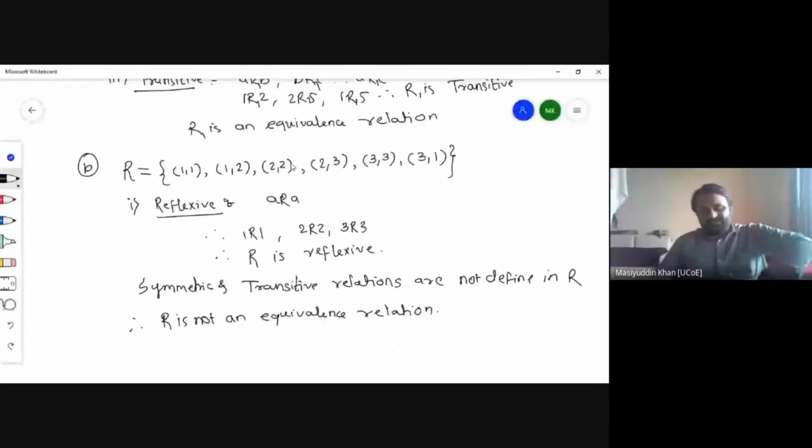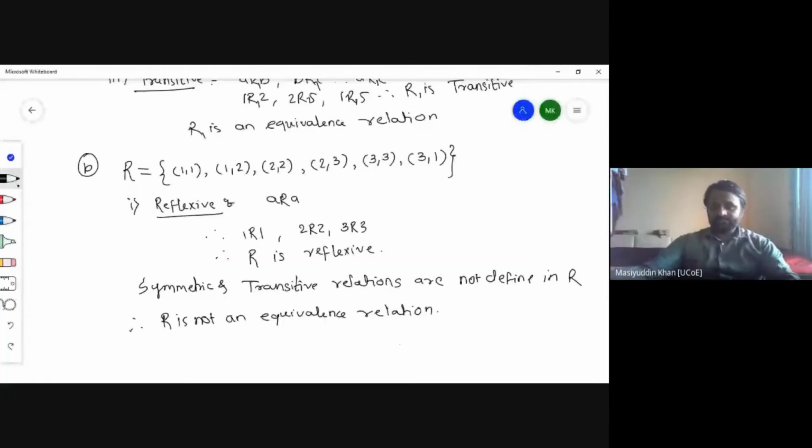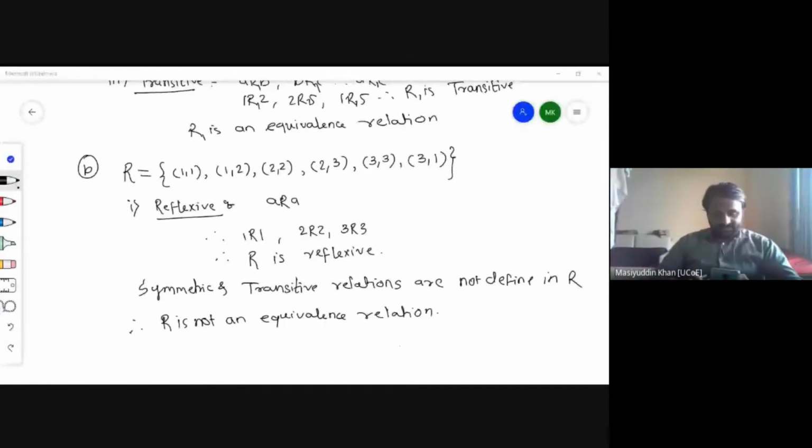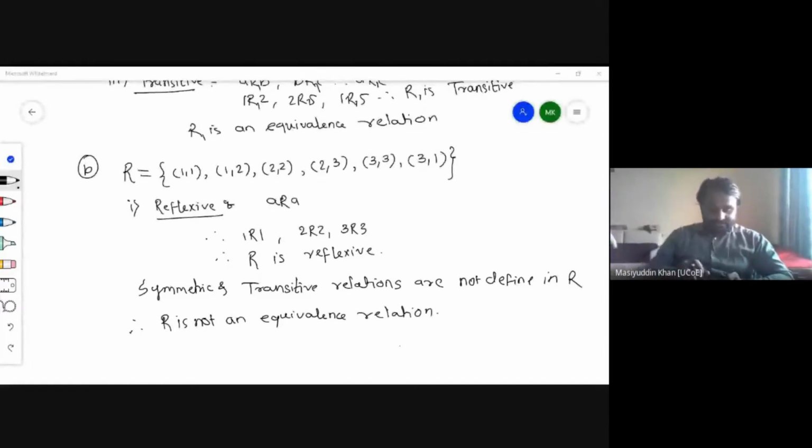Hope everyone is clear about this concept. If anyone has any doubts, you can ask, or if there are no doubts, we'll move ahead with the next chapter. Our next chapter is, as I told, lattices and Boolean algebra, or in the syllabus it is given as a poset. That is a partial ordered set. Sometimes it is known as a poset, क्योंकि poset में ही आपके टॉपिक हैं lattices and Boolean algebra.